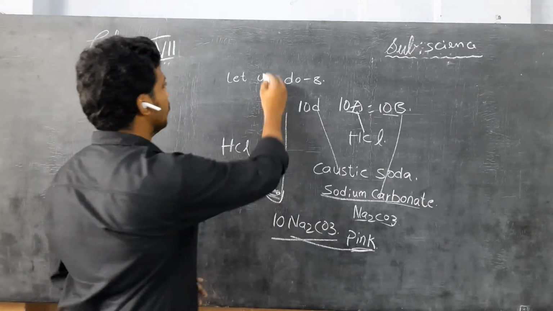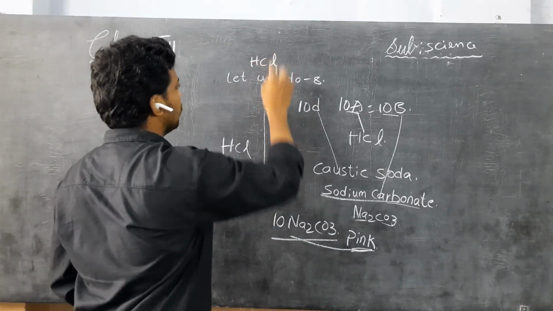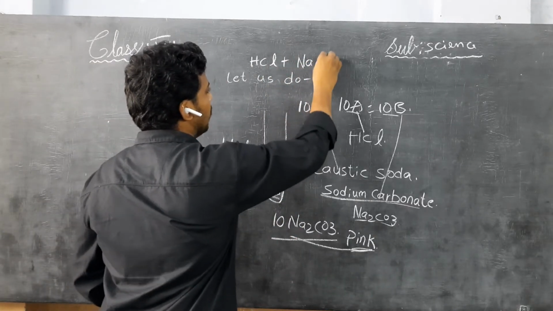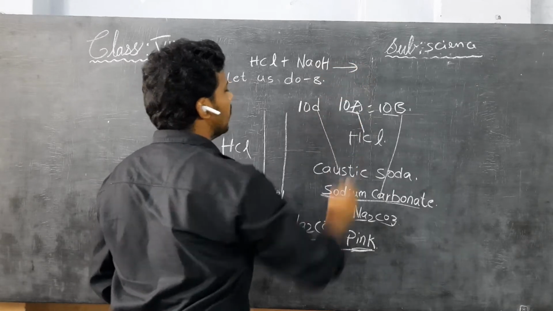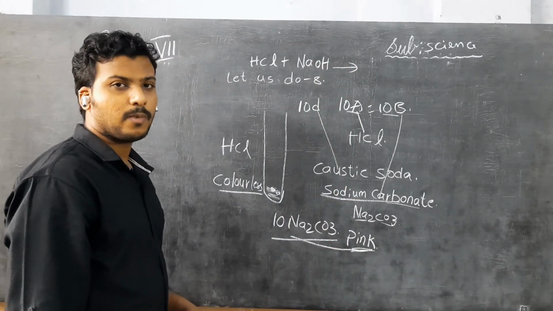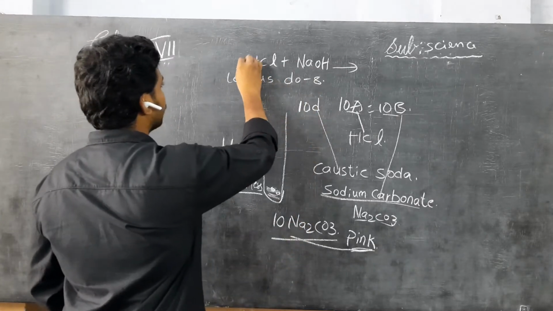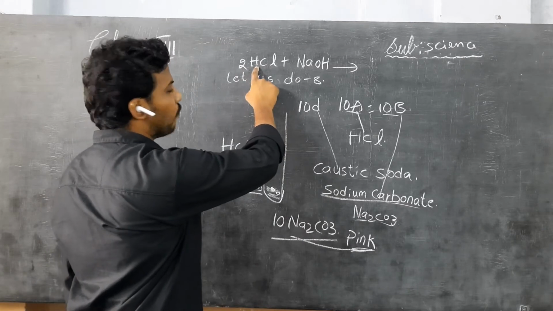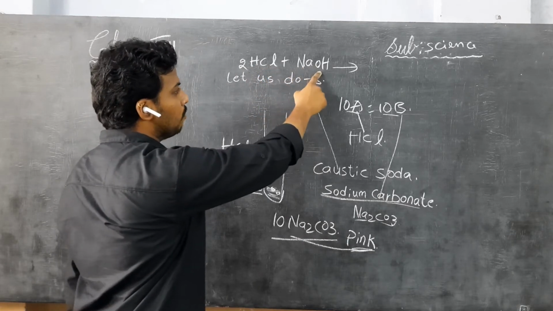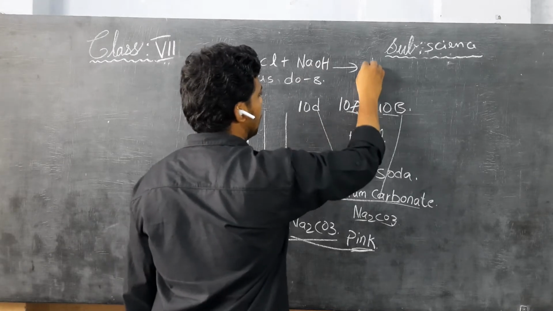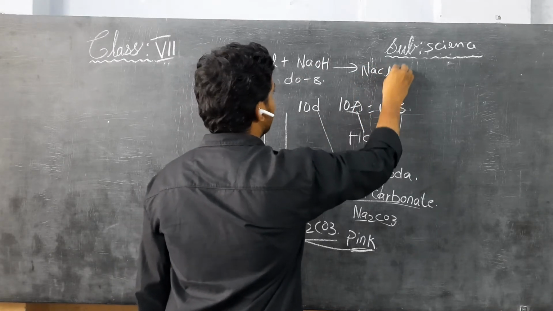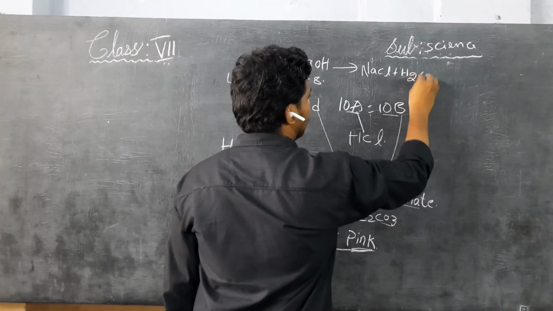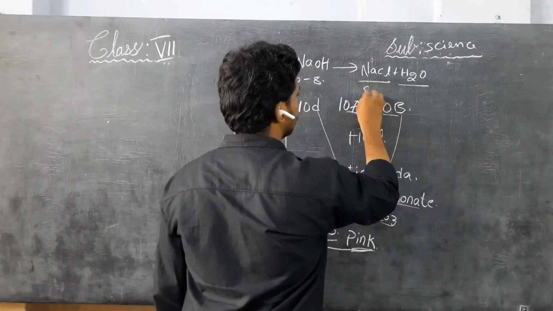I am writing here the definition. This is hydrochloric acid, nothing but acid. Next here, sodium hydroxide. This is a base. When both they react, what will they give? What they give, children? See, children, two compounds, hydrochloric acid plus sodium hydroxide, they will give salt as NaCl plus H2O. H2O is nothing but water and this is a salt.